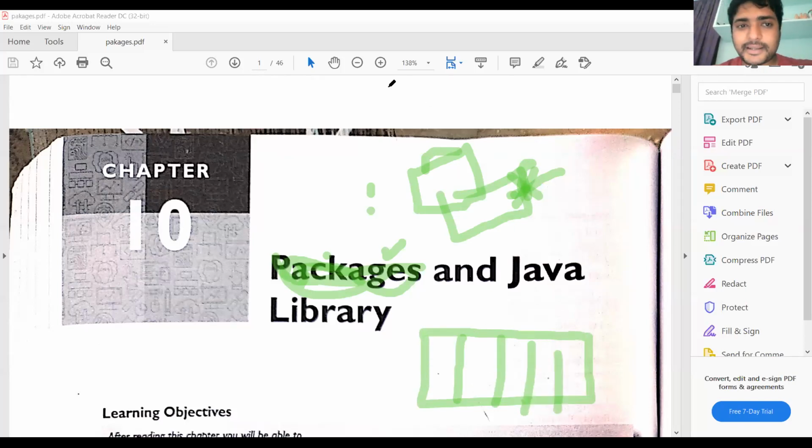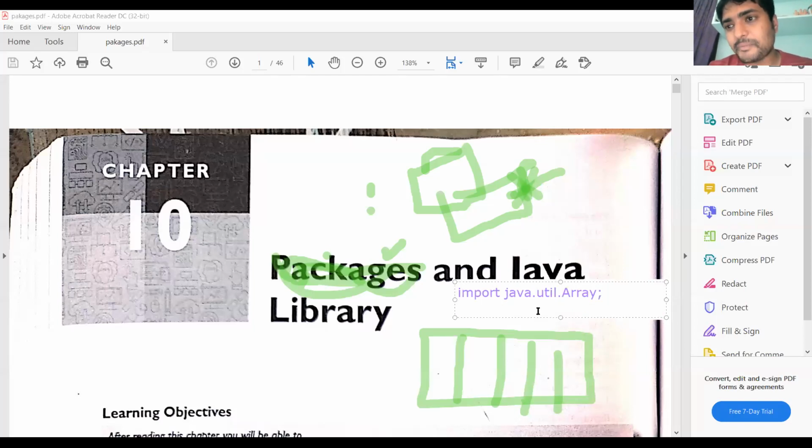So all the sub packages can be named as, for example, import java.util.Arrays. Java is a main package, util is a sub package, and Arrays is a class name.